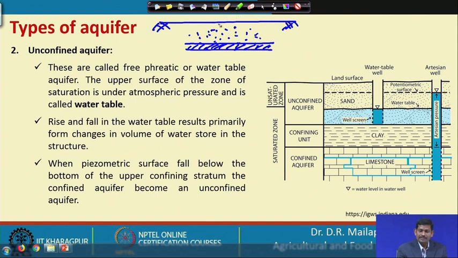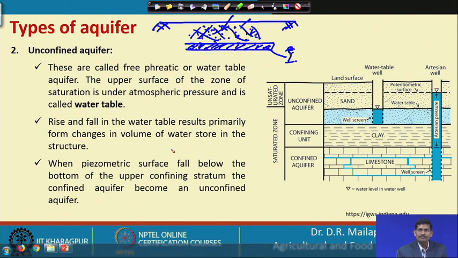So, in this case the pressure which is acting on the stratum is atmospheric pressure, right. This is not confined between two impervious layers, but since this is open to the atmosphere, the pressure acting on this is atmospheric pressure. So, in case of an unconfined aquifer, the soil stratum or geological formation will be sitting on the impervious layer on only one side. Okay. And the top of the geological formation is known as the water table here,